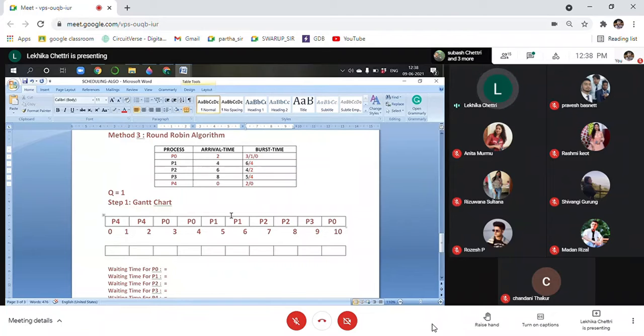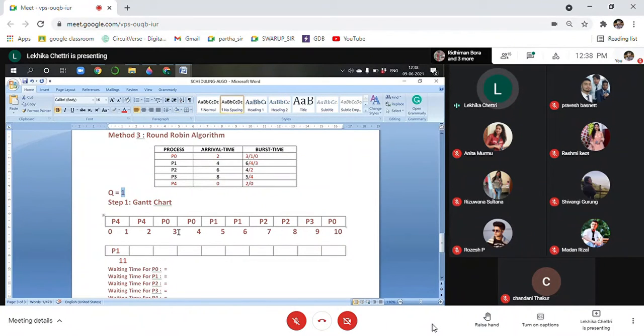After P0, what do we write here now? We will write P1. We will update the time of P1 to 10 from 11. So at 10, our P0 came, and after that, at the starting point of this 10, our P1 came. So it is 11. Now P1 will update the value to 3, so only quantum unit time 1.